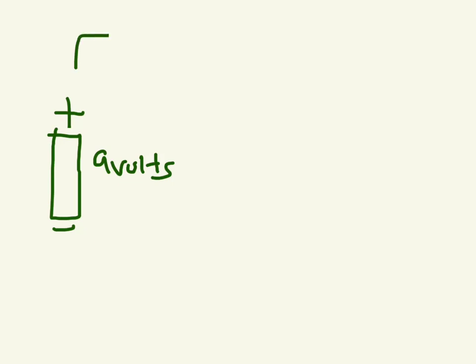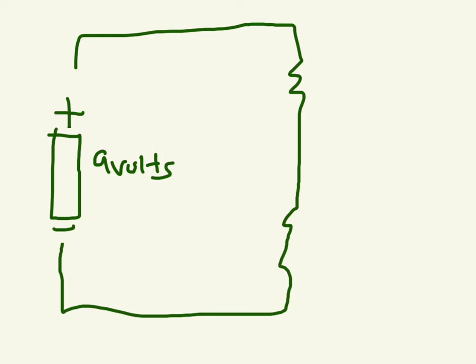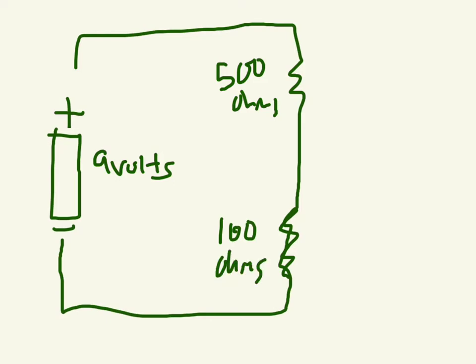So I'm about to show you why this is useful to you and why you would ever want to have a voltage divider in your circuit, especially as pertains to an Arduino. So let's see, we have our battery. That was a bad drawing, 9 volts. And then we got our circuit, our resistor. That was a really bad resistor. That resistor probably doesn't work well. There we go. Not much better. 500 ohms, 100 ohms, and then we have this line, which let's say it's going to an Arduino pin,